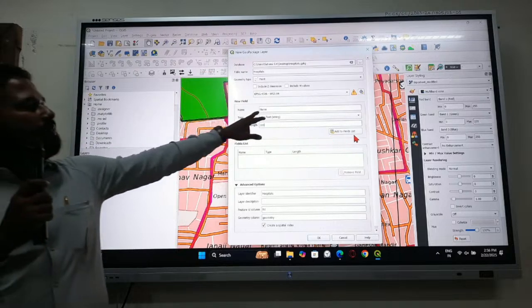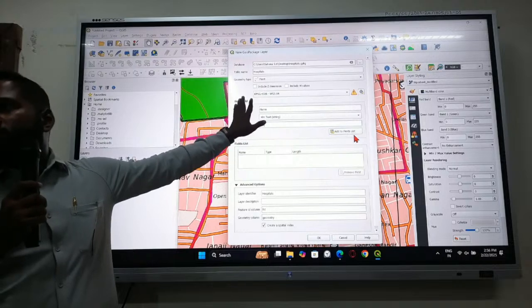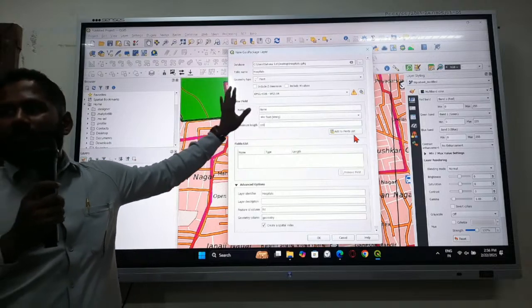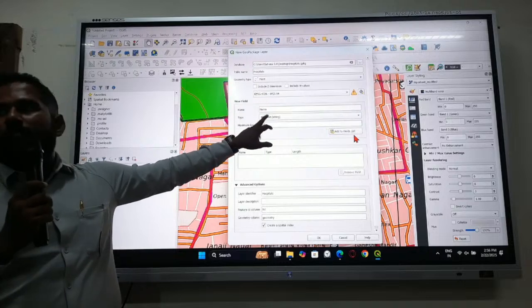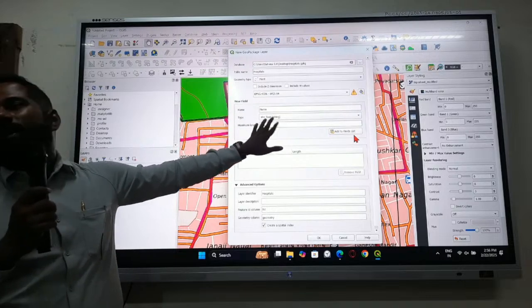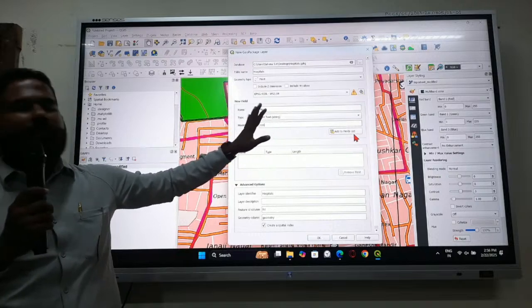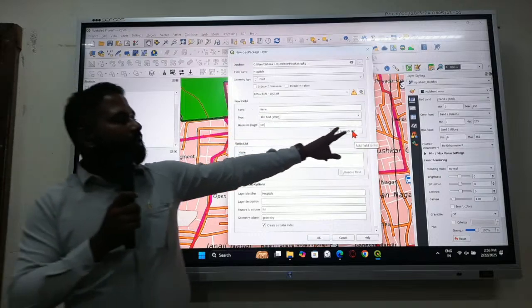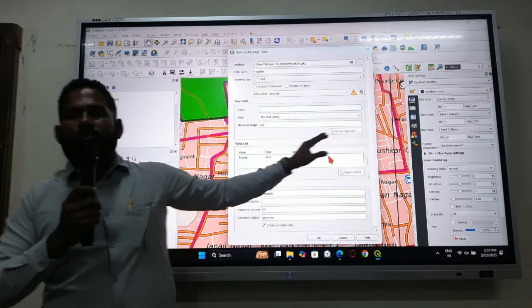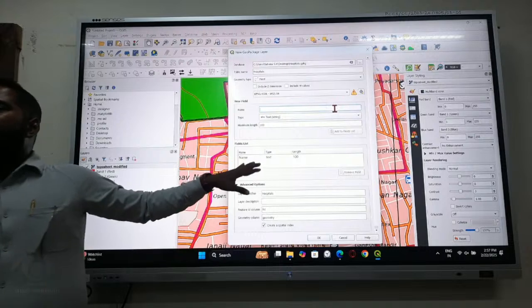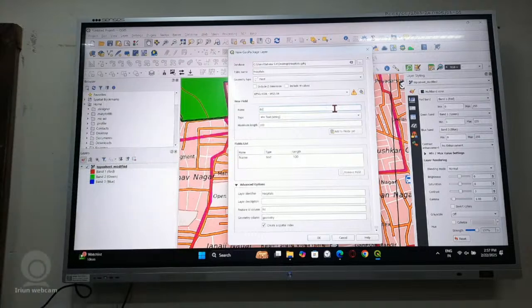So here she is putting the name of the attribute, which is name, okay. Name of the attribute is name in this case. Type of the attribute is text. You can give a length, okay. So in this case we are putting 100 characters, and then you click add to field list. So you click that. Once you do this, this attribute becomes available for you to add when you are actually